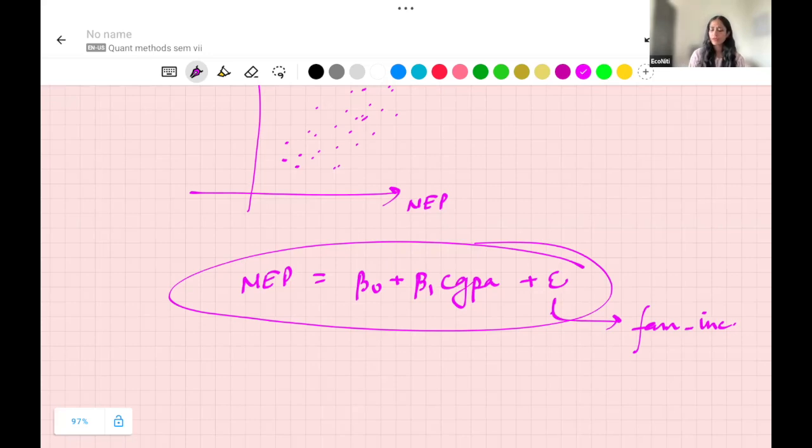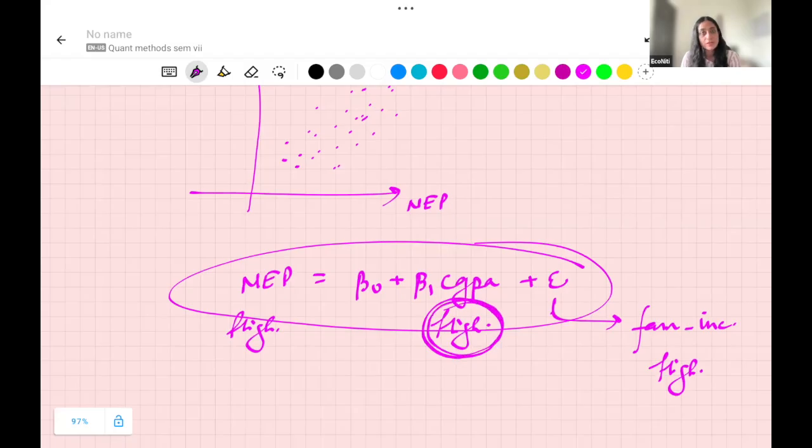So now what you observe is जिसकी family income ज्यादा है, उसका CGPA भी ज्यादा है, and suppose you observe कि उसका NEP भी ज्यादा है. तो क्या गारंटी है कि ये CGPA की वजह से जो हमको दिख रहा है वो एक्चुअली ये वाला रिलेशनशिप है? एक्चुअली the effect of family income is showing up as a coefficient, as a positive coefficient